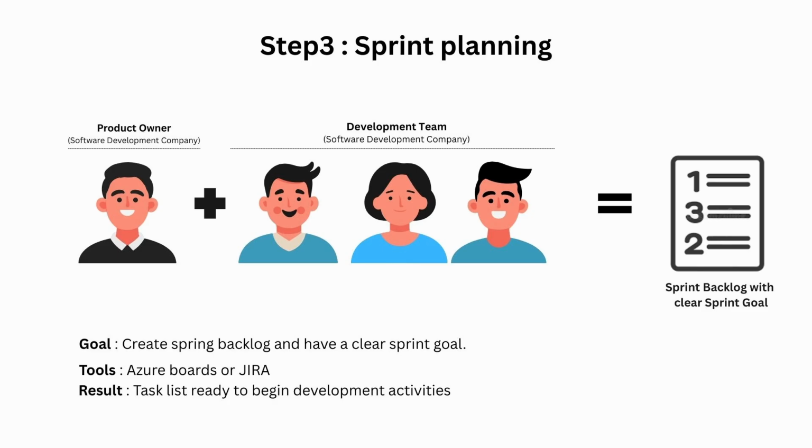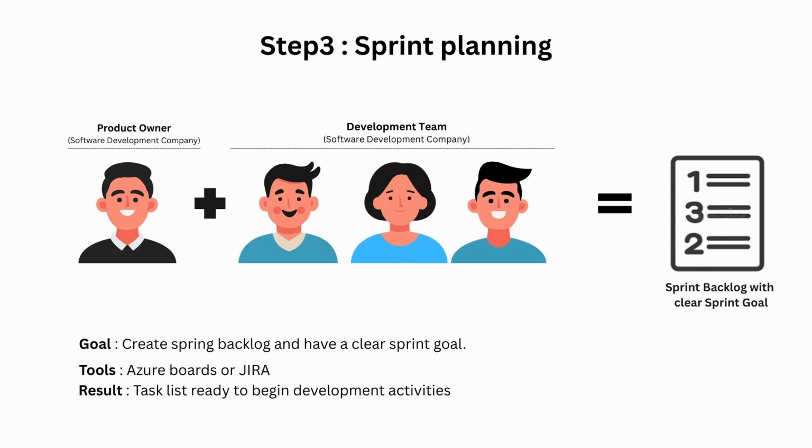Sprint planning. The entire team comes together to plan the next 14-day cycle. Guided by their velocity, the measure of how much work they usually complete in a sprint, they carefully select which stories to take on. Inside the sprint planning board in Azure DevOps, the chosen stories are laid out, and discussions ensure everyone understands the scope and commitment.